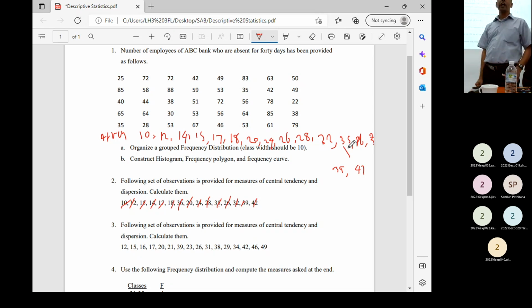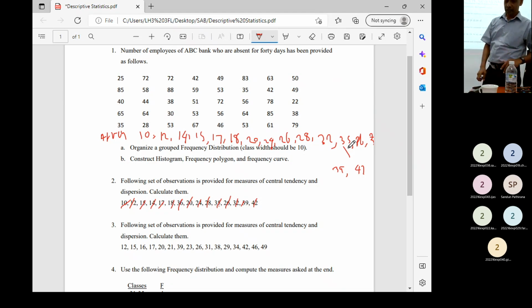Right, now in the stem and leaf diagram, what do we do? The last digit you write in the leaf part, and the primary digits you write in the stem part. So then row-wise you can handle your values. Then here and there you can put numbers, and continuously you can write in ascending or descending order. Because you have limited numbers to arrange row-wise, it is very easy.